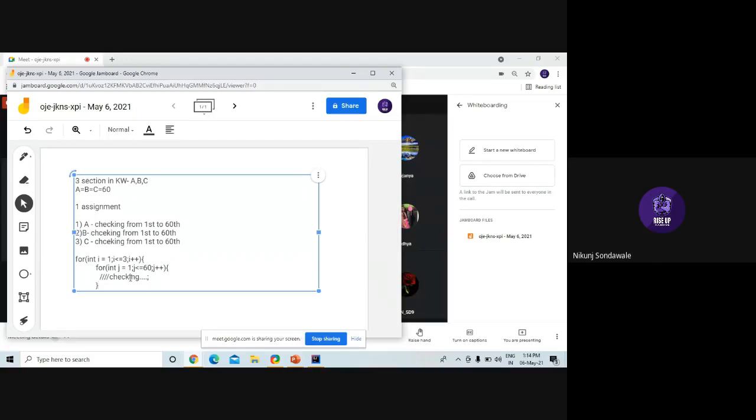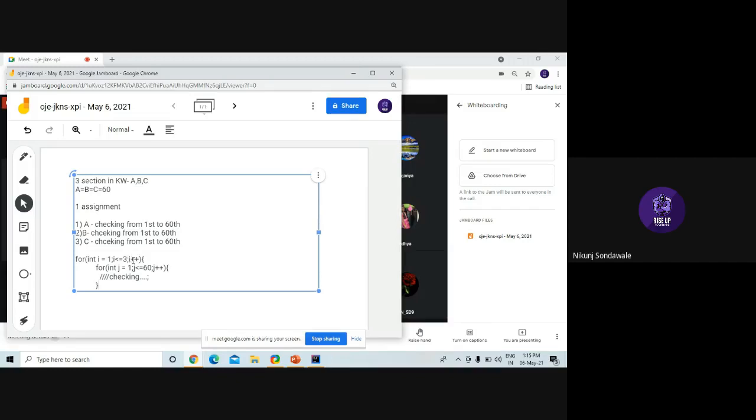I do checking: for the first student checking, then increment, then again checking, then increment, till the 60th student. When my inner loop gets completed, I'll get outside this inner for loop and go to the outer for loop again. Here my i gets incremented and becomes 3.